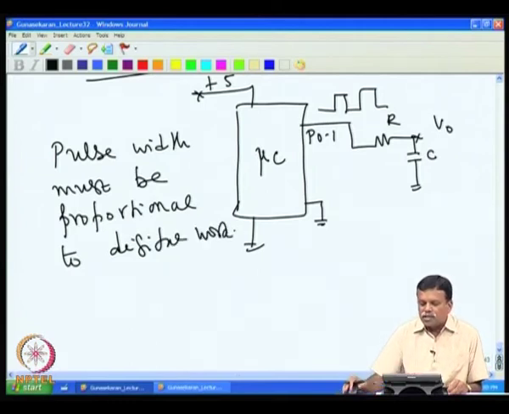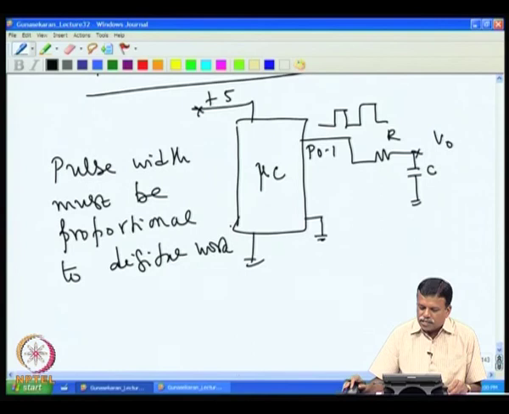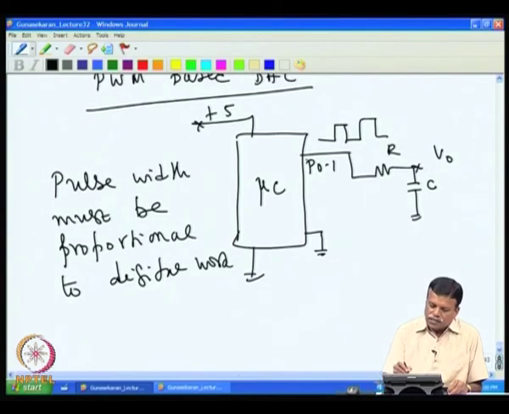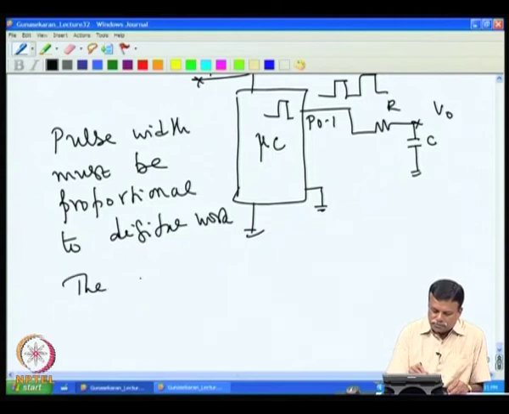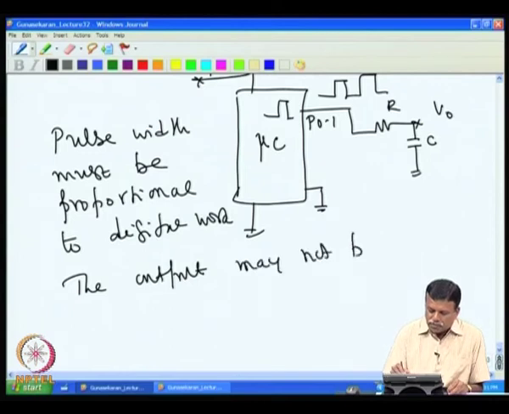Then the output voltage will truly represent the digital value. However, this has errors because this output, the 5 volt, may not be exactly 5 volt due to the error in the switches. The output may not be accurate